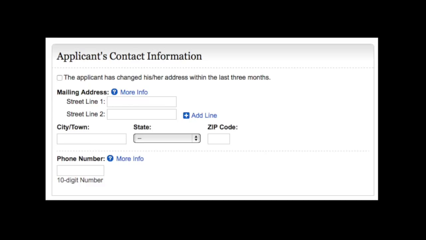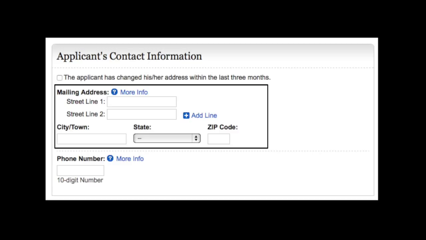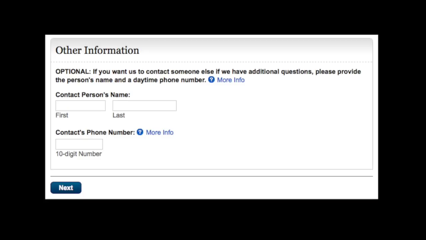The following section first asks if the applicant has changed their address in the last 3 months. Next, add the street address, city, select a state from the pull-down menu, and add the zip code and 10-digit phone number. There is an optional question which asks if the client wants SSA to contact someone else if they